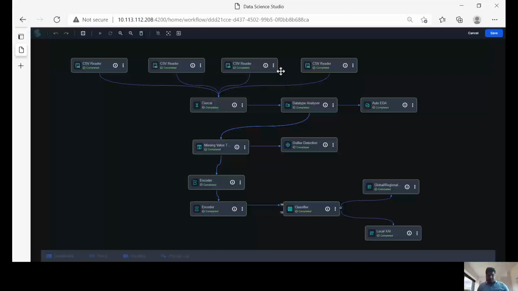Here in our example, we are using data from 4 different sources, or 4 different types of data about a customer. We just merge them all together, and then we are doing some exploratory data analysis using EDAs and data type analyzers to identify if the data has any issues, if it requires any kind of treatment, and we are essentially doing certain data treatment activities like missing value imputations, outlier detections, encoding, and then once we prepare the data, which we believe is representative of a